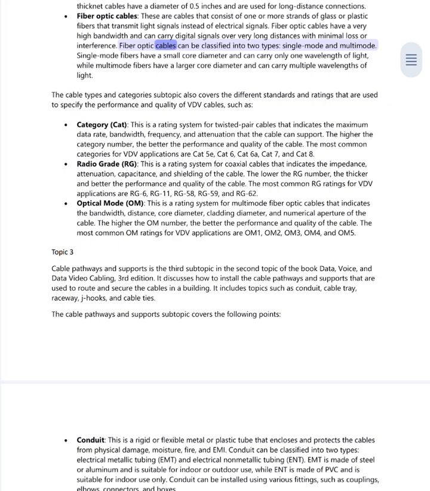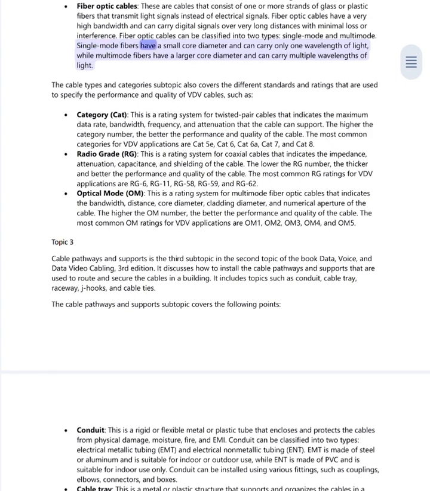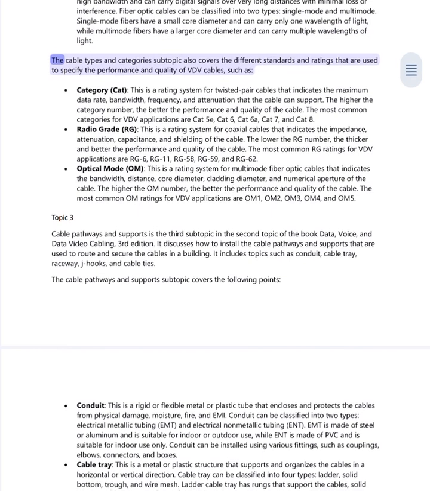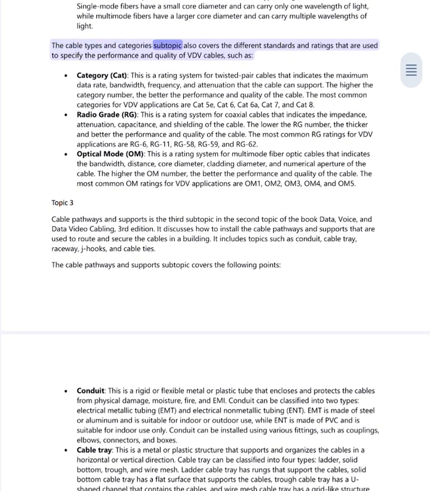Fiber optic cables can be classified into two types, single-mode and multi-mode. Single-mode fibers have a small core diameter and can carry only one wavelength of light, while multi-mode fibers have a larger core diameter and can carry multiple wavelengths of light. The cable types and categories subtopic also covers the different standards and ratings that are used to specify the performance